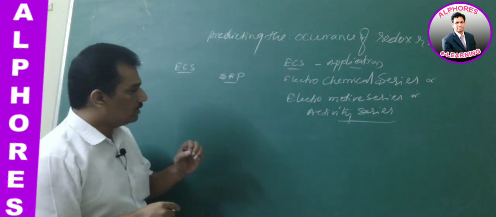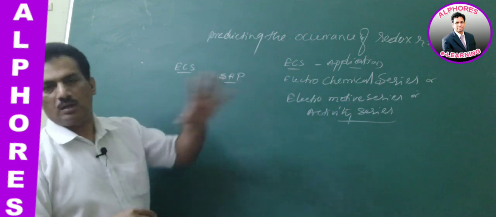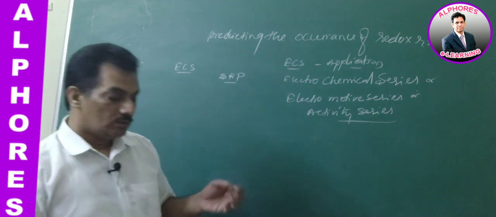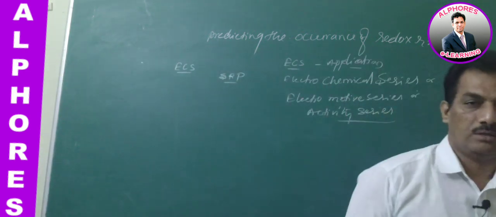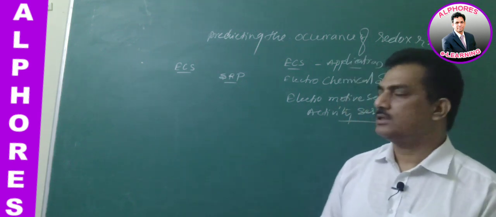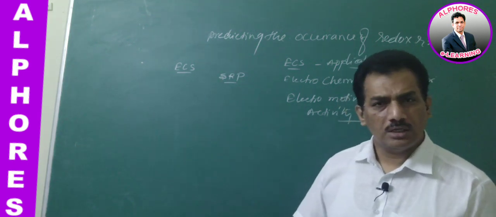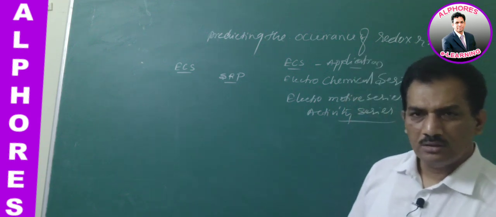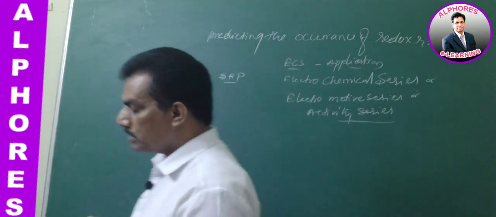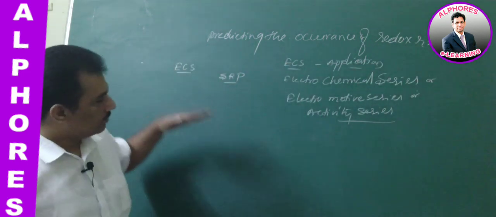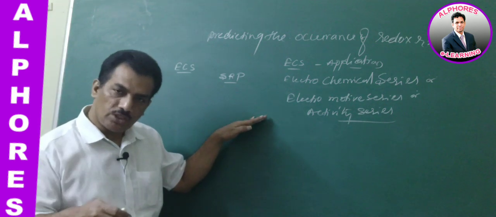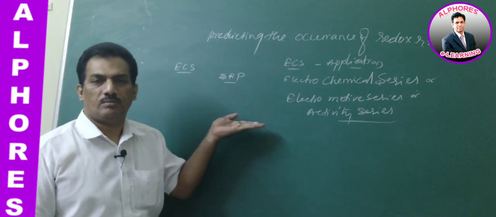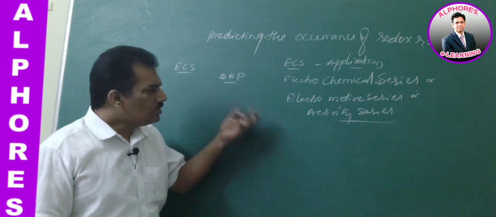If we measure the SRP values of all the single electrodes, now the question is, sir, sometimes the electrode reaction may lead to oxidation potential, that is, all the electrodes may not take reductions, sometimes they may go for oxidations. Then what to do? Already we know the logic. When we have oxidation reactions, the reaction will provide oxidation potential. Just the opposite sign of oxidation potential is SRP. Clear? So you need not worry about that.